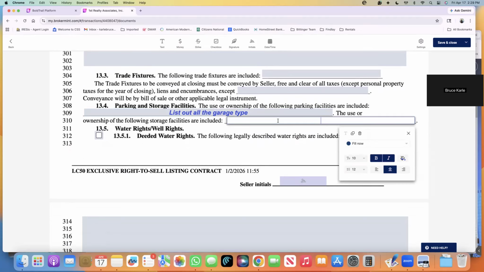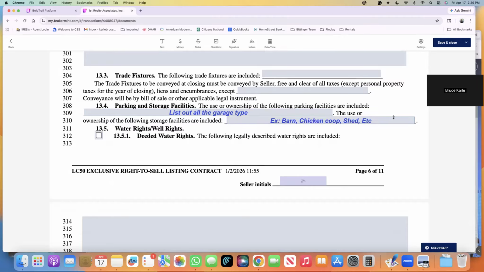This is going to be where you list out, for examples, the barn, chicken coop, Quonset hut, so on and so forth, you name it, etc. Sometimes proper sheds. Sometimes you have these things, sometimes you don't, so it's okay to leave some of this stuff blank. A lot of times people do have a garage, so make sure you get that listed, but if they don't,